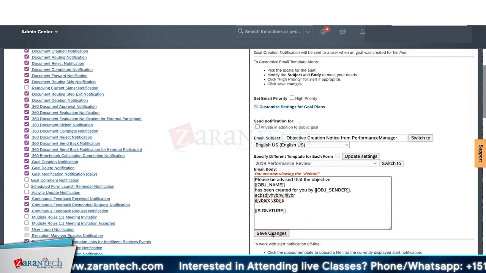That changes will not be lost again. If you click on save, the changes will be there, and every next time this email is triggered, it gets triggered with the updated content. And you can also set this as a high priority indicator here on the top. If you select this checkbox, high priority indicator, the email is received by the employee in his mailbox with that high priority indicator as a